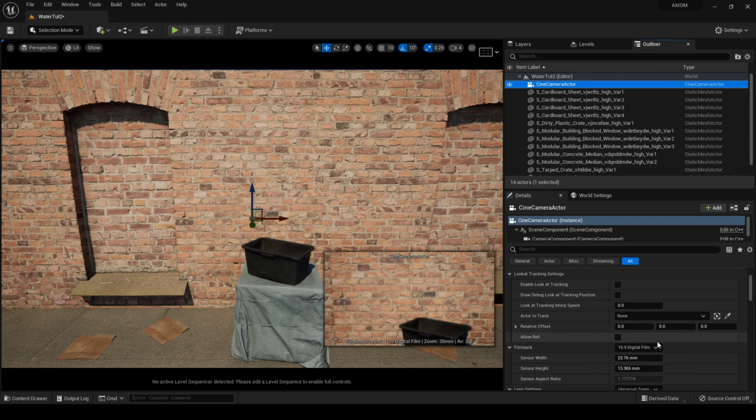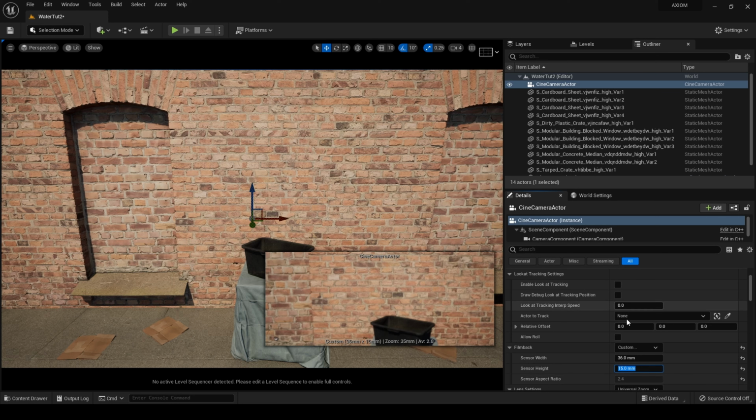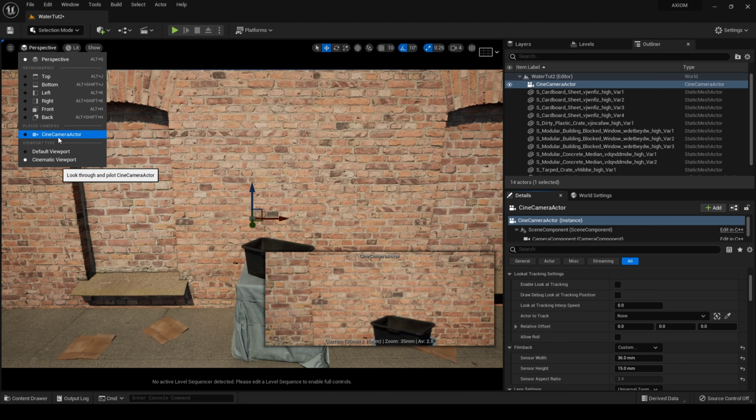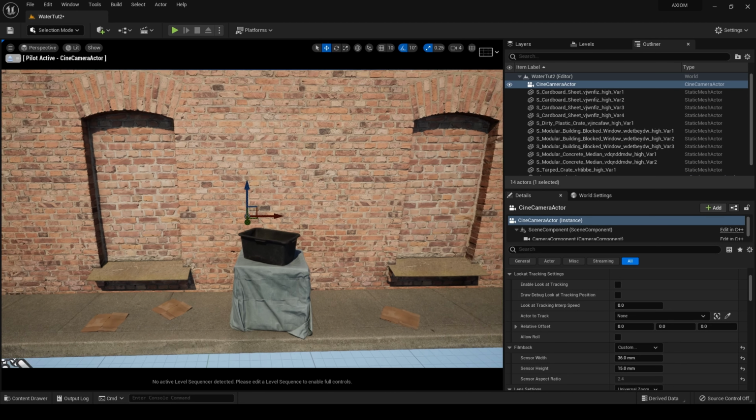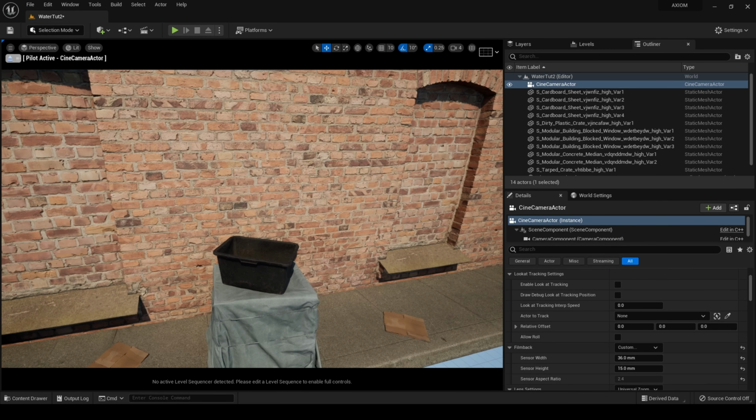I will then, usually I like a wide shot inside the editor. So I go to full frame DSLR preset, but then I will set that one to 15 and it gives me a 2:4 ratio. I then pilot the camera and then I will set it to where I want it,